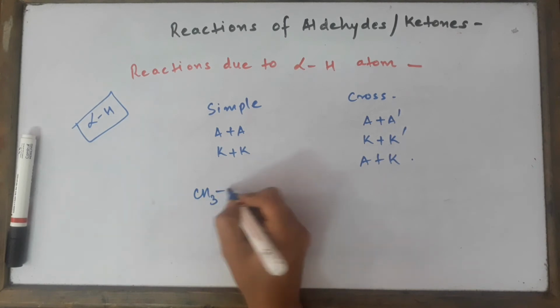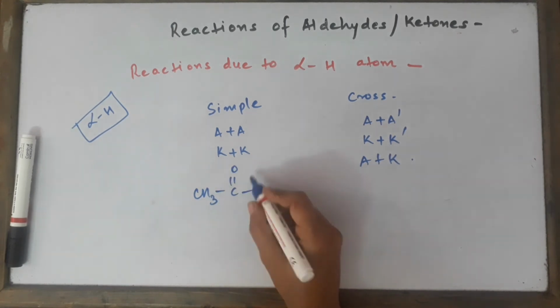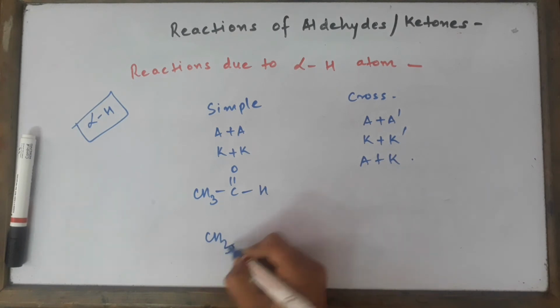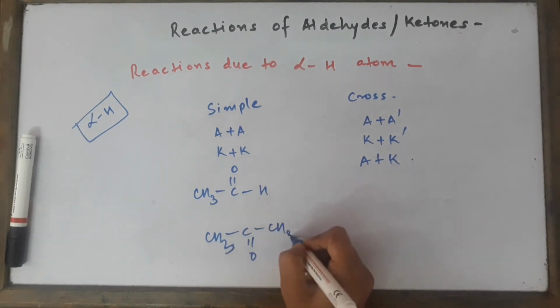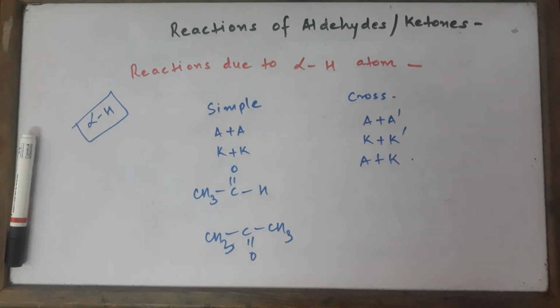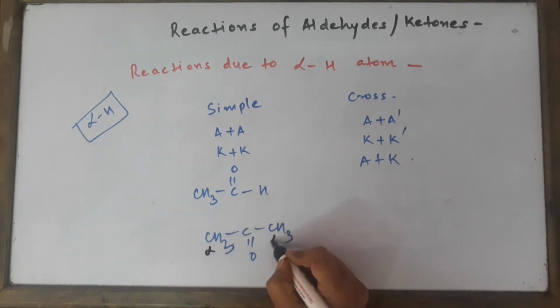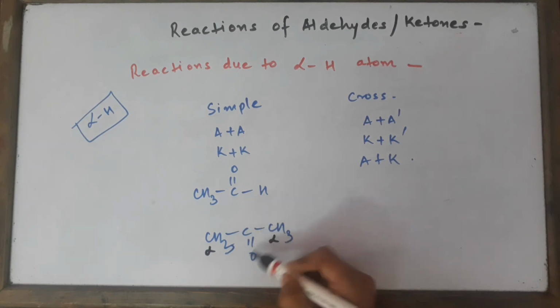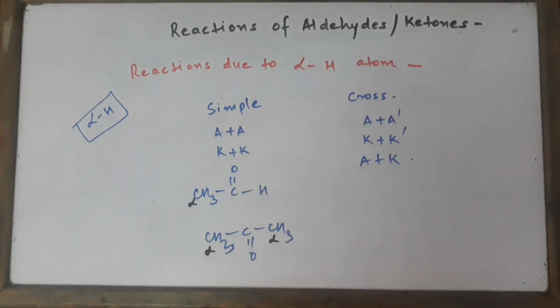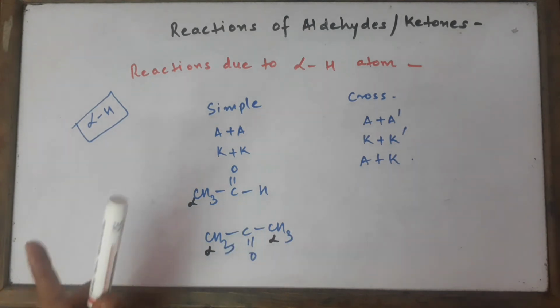Let's take a very quick example, the last example, and then we'll move to the next topic. CH3CHO and CH3COCH3. I want to know what are the products formed when these two compounds react together. To know that, we have to first locate the alpha hydrogen atoms in both the cases. This is the alpha carbon atom because it's attached to the functional group. Similarly, here we have this alpha hydrogen atom. As many types of alpha hydrogen atoms as you can see, that many products can you form. So here both are of the same type, so we have one type of alpha hydrogen atom, we have another type, so we are going to get two different products over here.